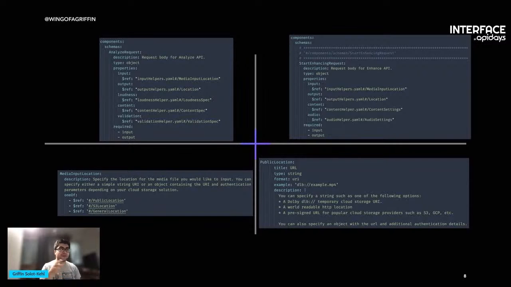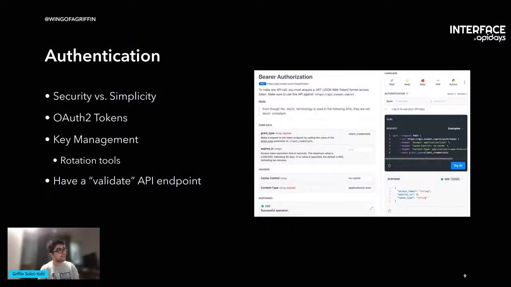So we can keep on referring things over and over again, so that we don't have to keep on repeating the same code. We can actually use it in the right place. For example, the public location reference is going to show us the title, the type, the format, the example, and description that you're going to expect in an actual parameter you're going to be putting inside of your API specification. We're working smarter, not harder, so that there's less code, so it's less complicated, but also easier to use if you're continuing to add more endpoints to your specification.